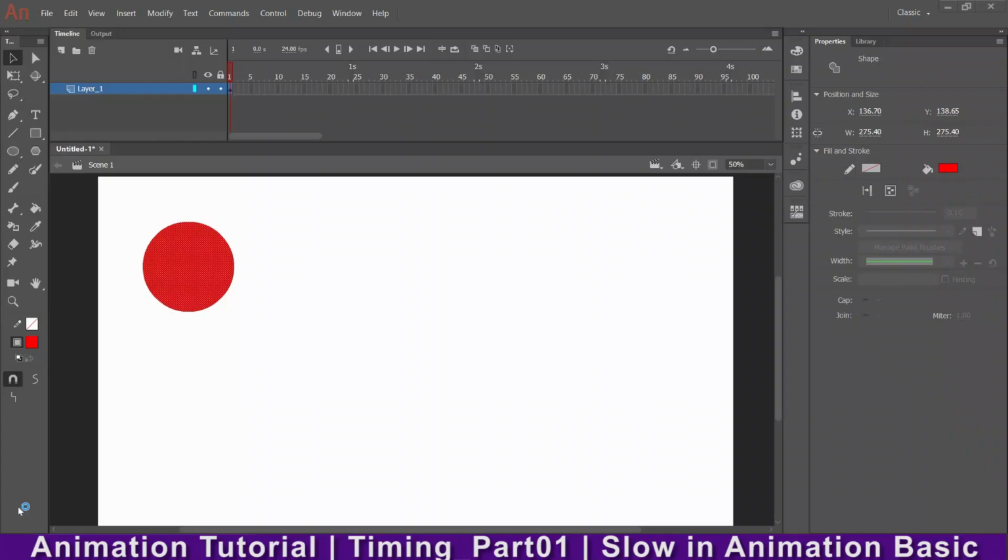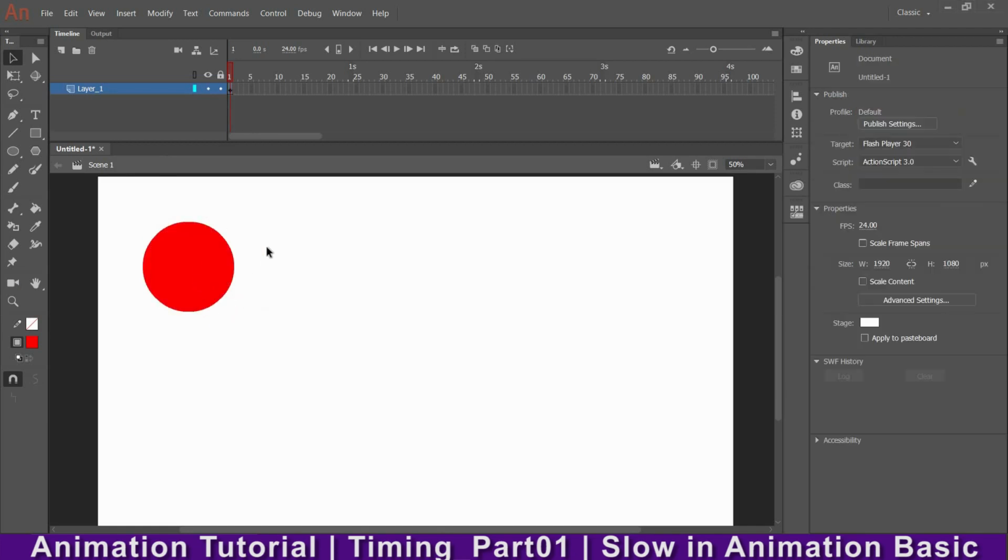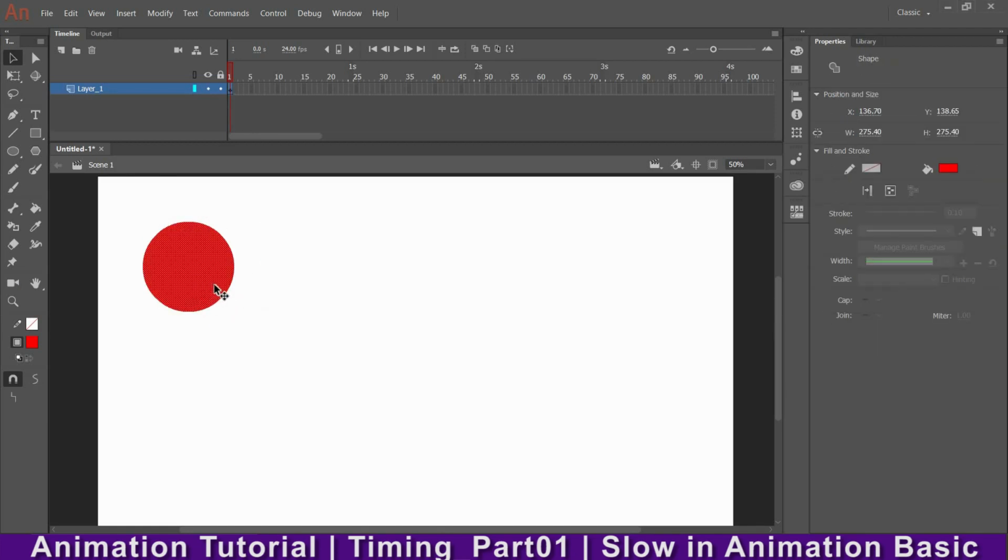So friends, to demonstrate the slow in slow out, I have taken a circle which has no outline, as you can see over here. In frame number 1 I have placed this circle with red color on it, and right now I will do some animation with this. To do the animation, first I need to decide how I want the animation to be.